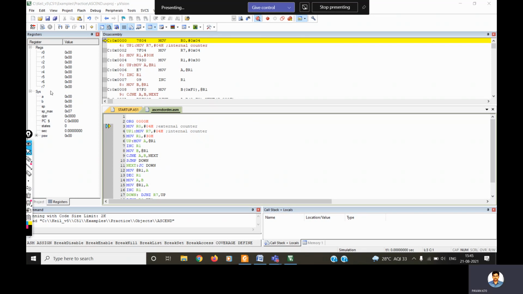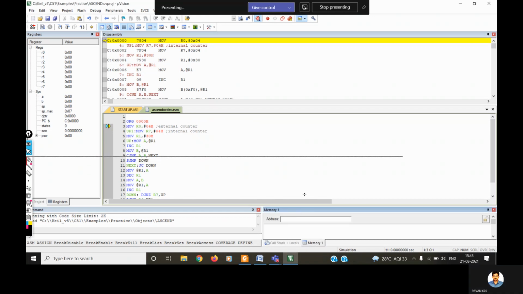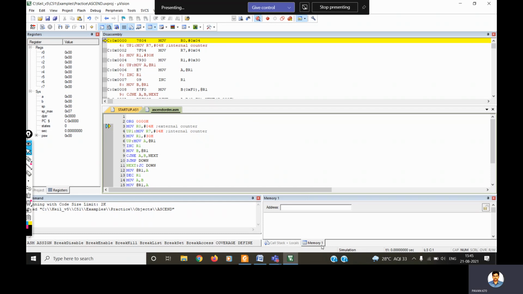Within the registers, currently all are empty. Once I start the debugging, values start getting loaded into the registers. And this window, Memory 1, is very, very important. Since the memory location I am accessing to store these values is data memory, you need to type D colon here, because if you do not specify this, by default it will consider code memory.